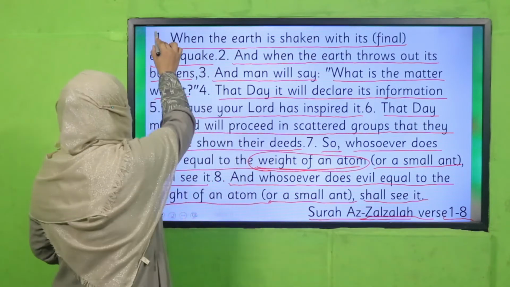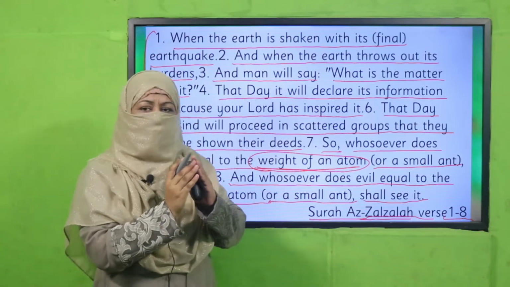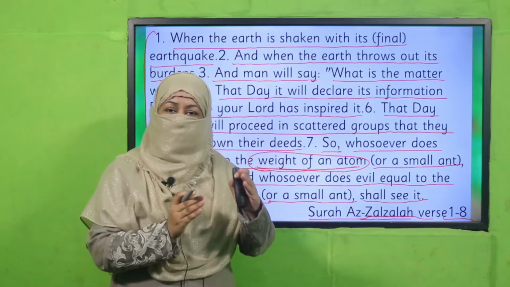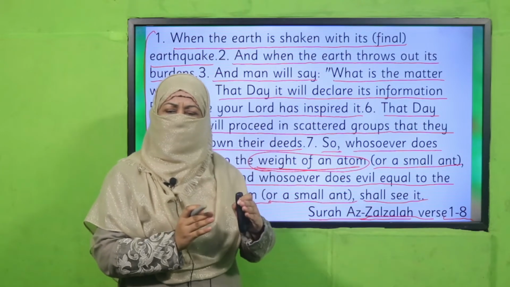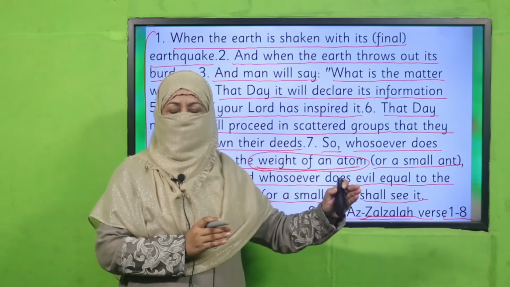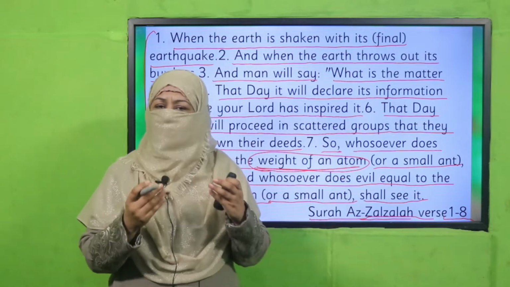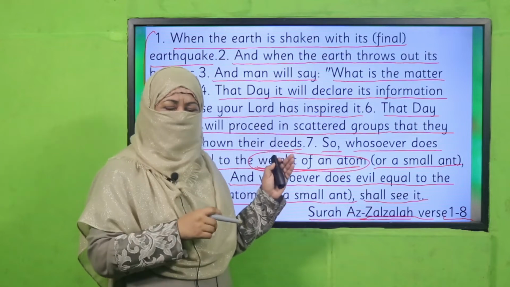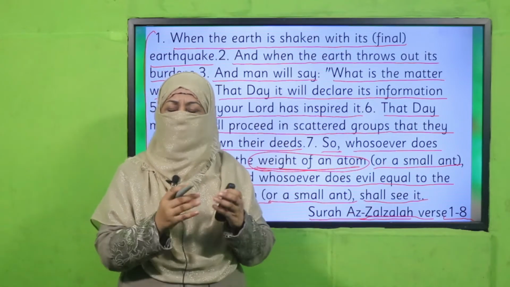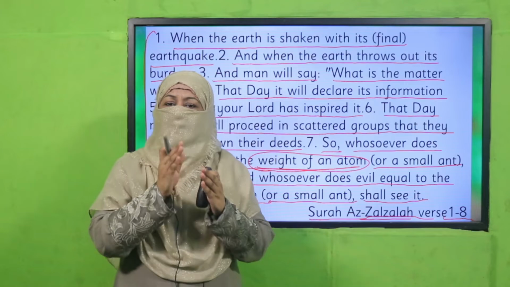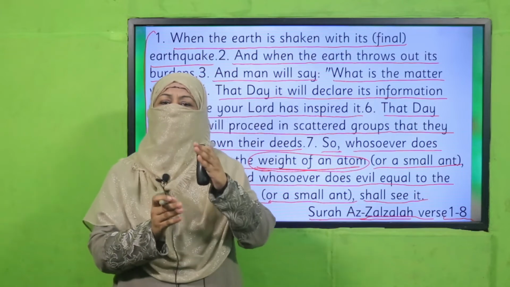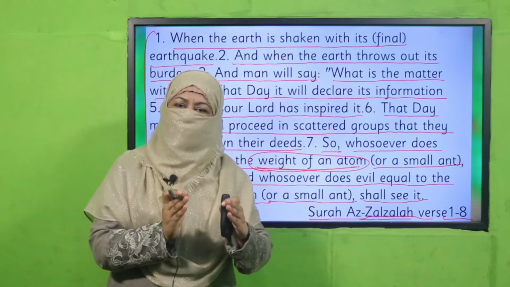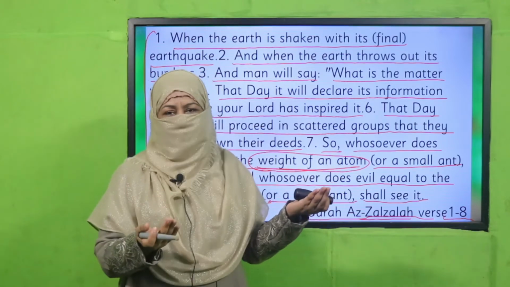Now let's analyze this surah. You see how things have been mentioned one by one in sequence. First this will happen, then this will happen, then this will happen. So whenever we are telling something or we are writing something, you see, beta, Quran teaches us everything: how to narrate things, how to tell things gradually. What will happen first? It should be written or told first, then next, then next, then next. This is how we tell a story.